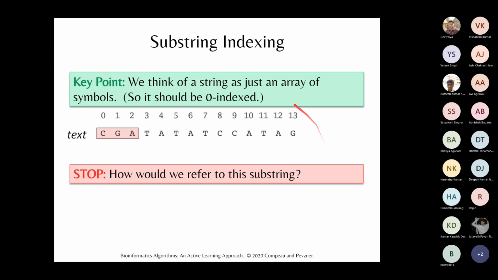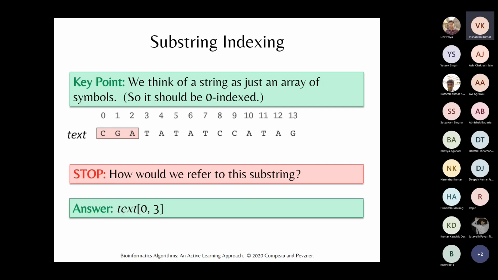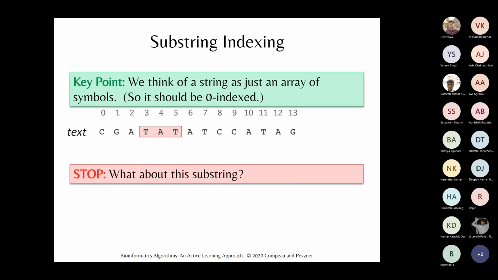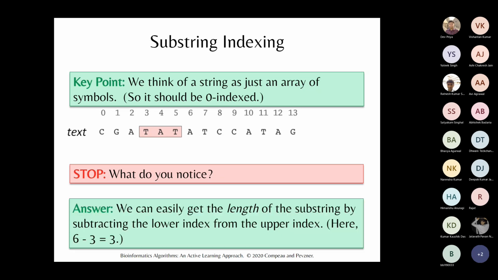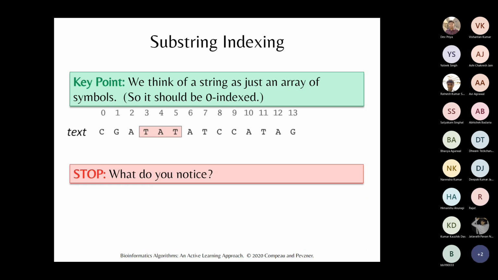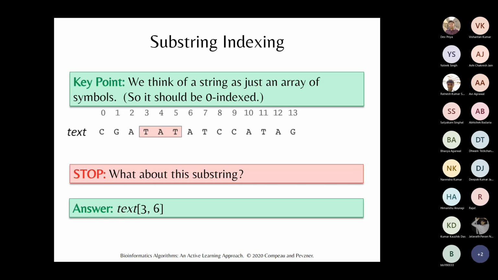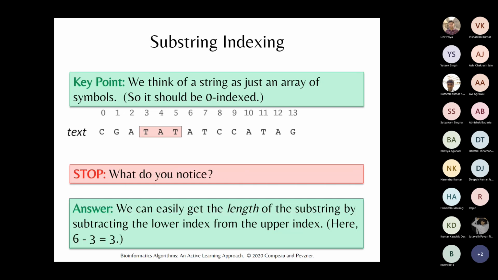So it doesn't matter. Now, if we were to look at CGA, how would you refer to the substring in this array? So text 0 to 3. 0, 3, right? All right. What about this one? Text 3, 6. 3, 6. Right. So now what did you notice? If you want to calculate the length, you can just do 6 minus 3 and you get the length, right? You can also have another notation. You can have it as 3, 5 and you can do 5 minus 3 plus 1, right? Doesn't matter. This just depends upon the notation, the rules that you are using